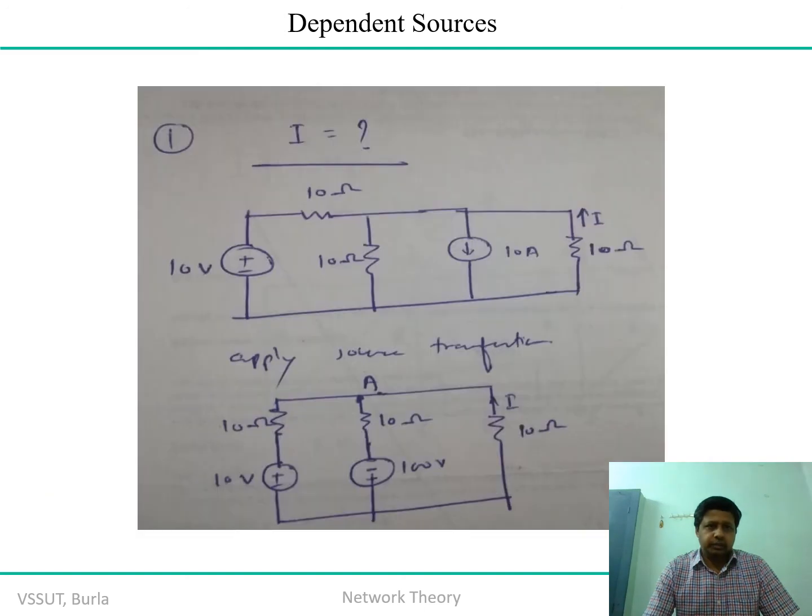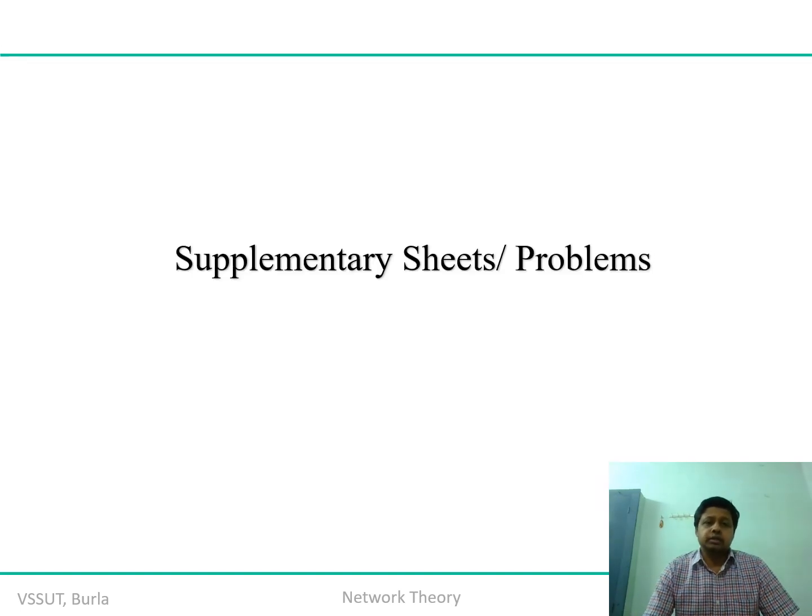Now here are some examples. I would advise you to try to solve these problems. Particularly in this slide, your job is to find the value of I through that 10 ohm resistance. If you apply source transformation, you can simplify and modify the network, so you can solve in easier steps. Otherwise, if you start attempting the fresh network, you have to write down three mesh equations. So better to simplify the electrical network first, so that fewer steps are consumed to find your unknown parameter or variable, and therefore the time response will be fast.